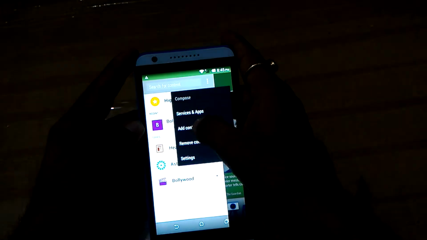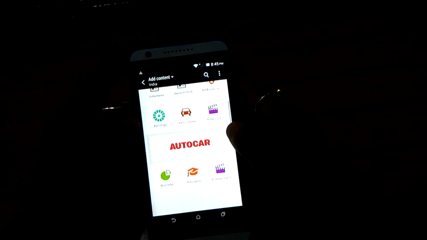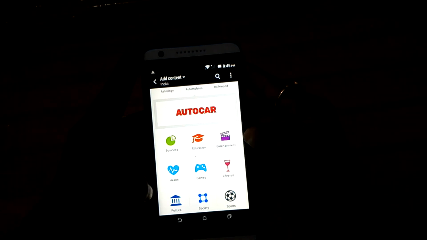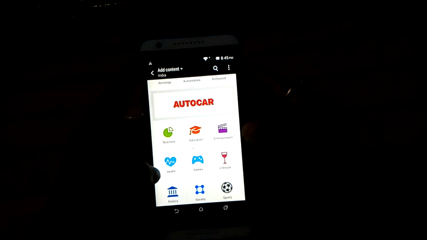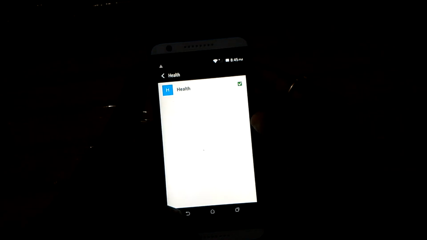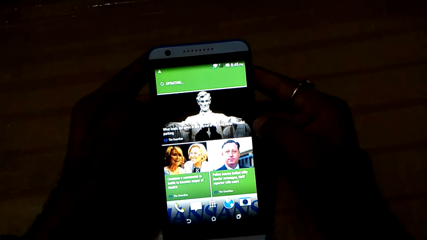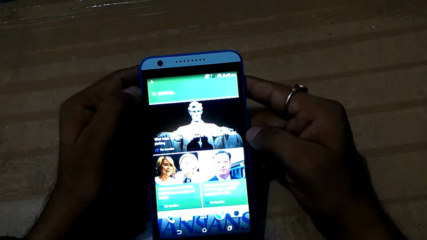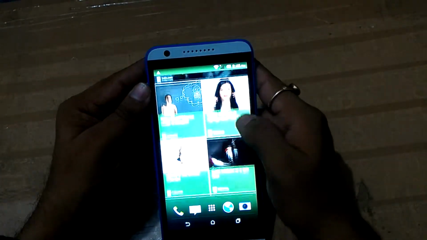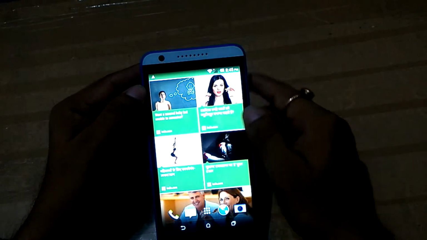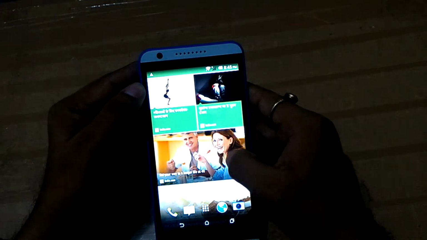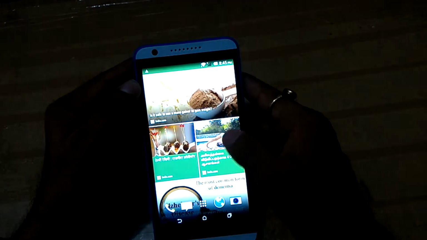If you want to add something different, like if you are a health geek, if you want to take yourself more healthy and want to read more articles on health, you can tap on health and just click here and just go back like this. You can again see that it's updating here. Now you can see each and everything of health is here. Like रातों रात रुके बालों कोई ब्यूटीफुल बनाना चाहते हैं, and each and everything related to health.